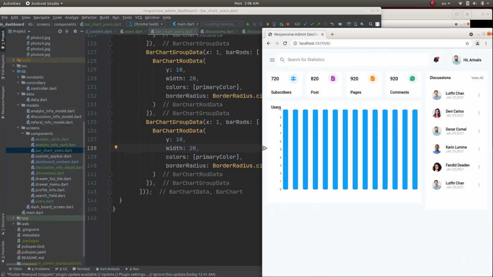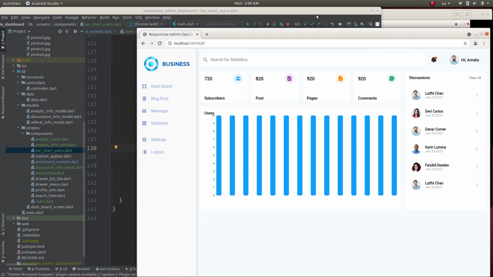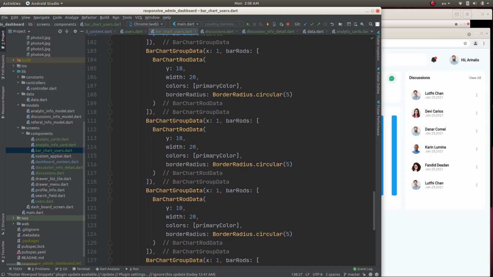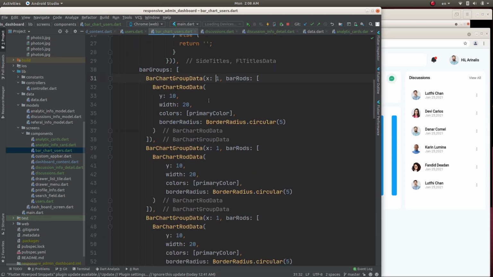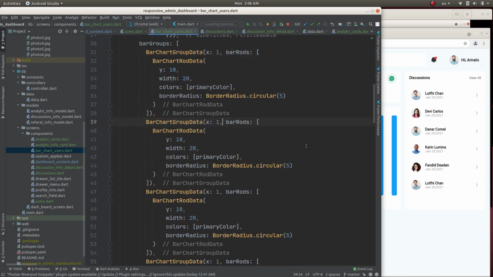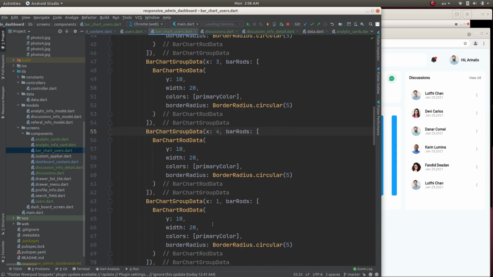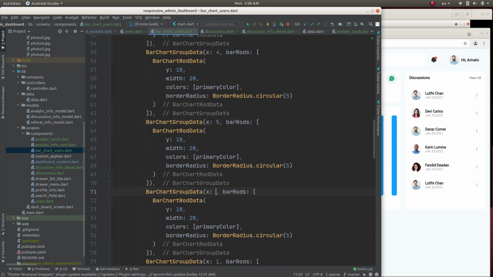Okay, it looks good. Now let's change the values. Okay, first one will be x1, next will be 2, next will be 3, next will be 4, next will be 5, next will be 6,